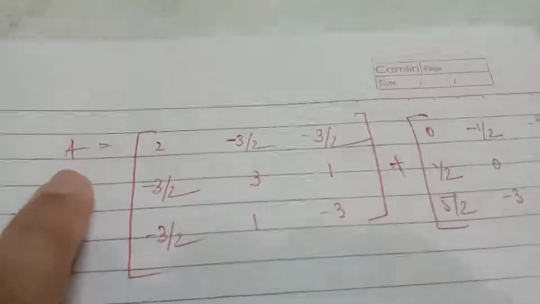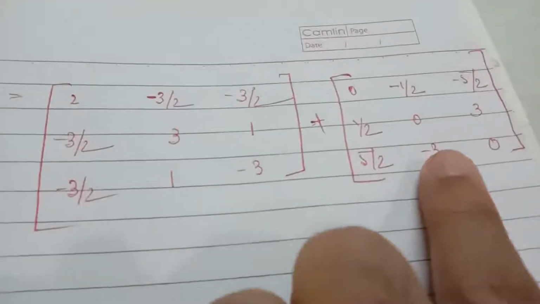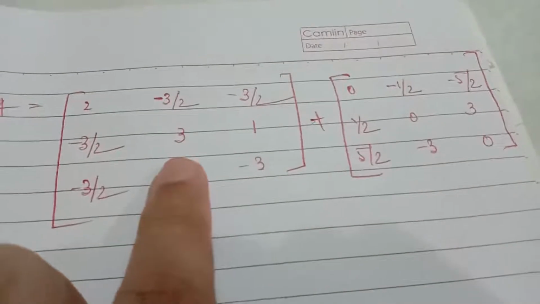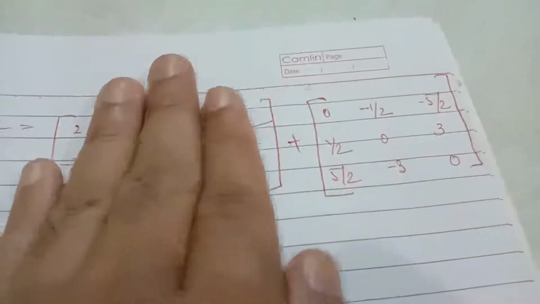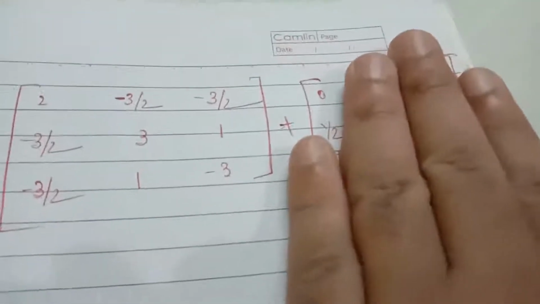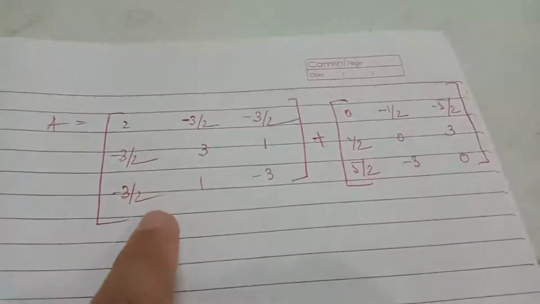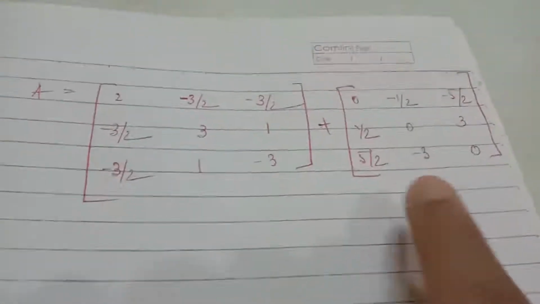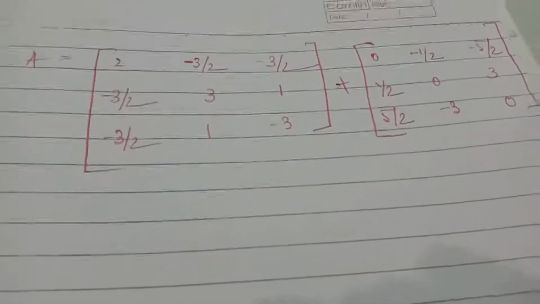The given matrix A, we have expressed as the sum of two matrices. This is our matrix P, this is our matrix Q. We have already shown P dash equal to P, that is P is a symmetric matrix, and Q is a skew symmetric matrix. So A equal to P plus Q, P is symmetric, Q is skew symmetric. So this is the way how to express a given square matrix as the sum of a symmetric and a skew symmetric matrix. So this is the topic, transpose of a matrix. Now try to solve the questions given in the exercise.